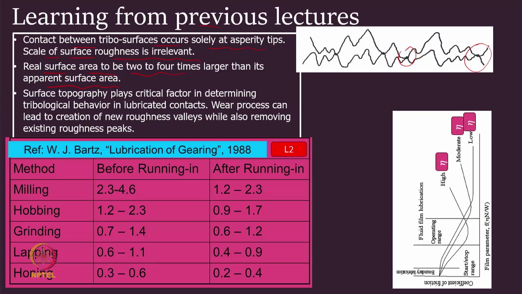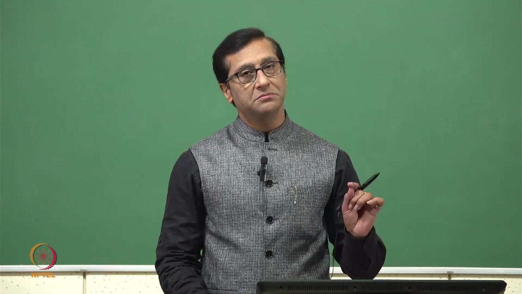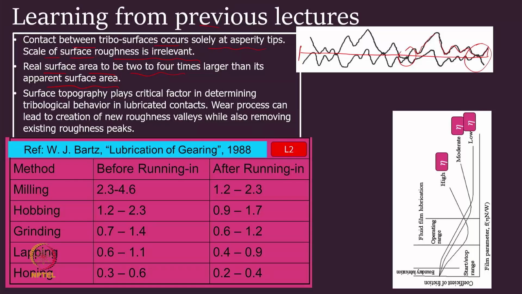If I say projected area, it will be a line, but in this case we have a complete curve, and this dimension will be 2 to 4 times larger, because a straight line will be much smaller compared to this curve length. That's why it has been written that the real surface area is 2 to 4 times larger than its apparent